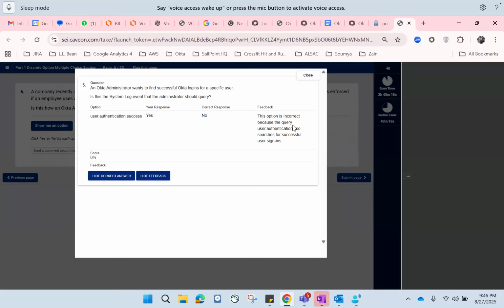Queries user.authentication.single sign-on searches for successful user SSO sign-ins. Instead of success, it's SSO. Just make a okay, that's okay. At the end, you can take a screenshot and go through it. Okay, so it says SSO